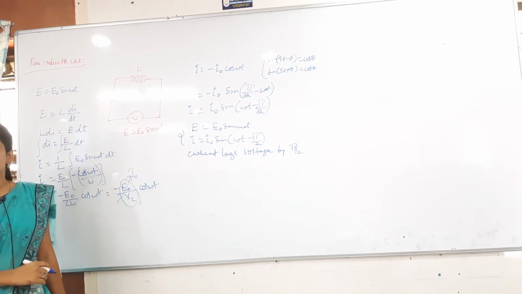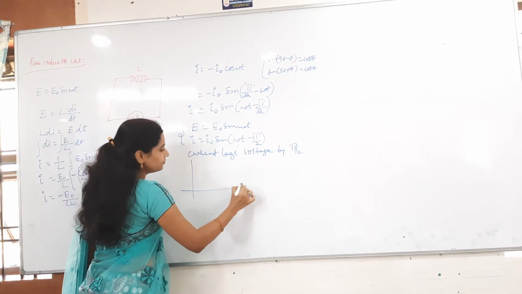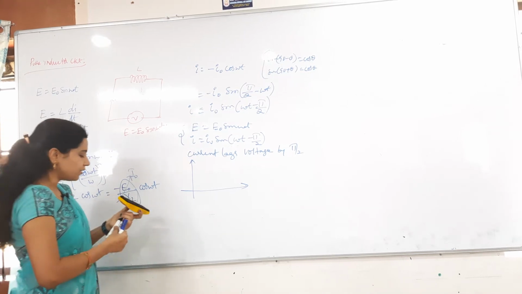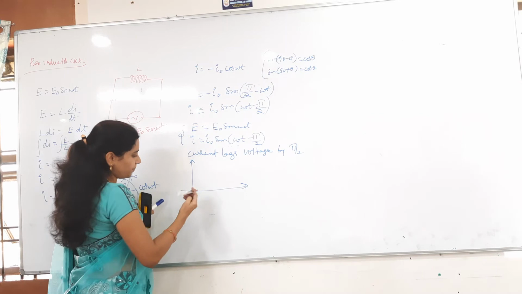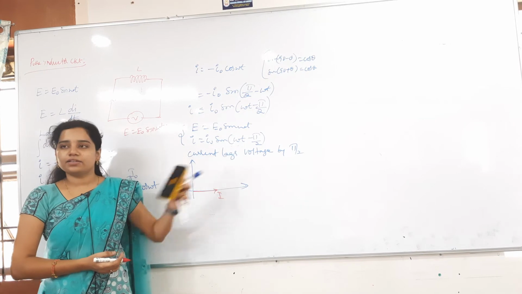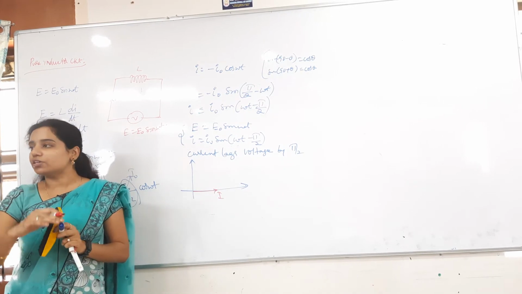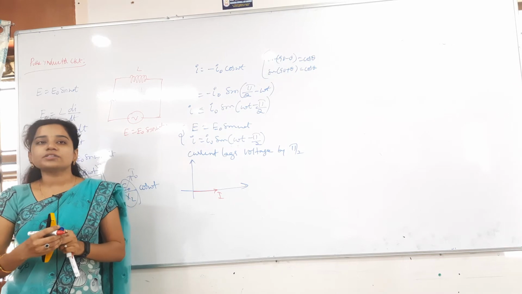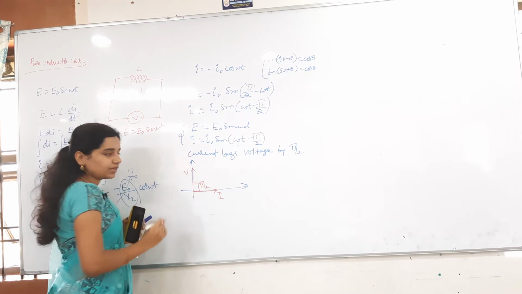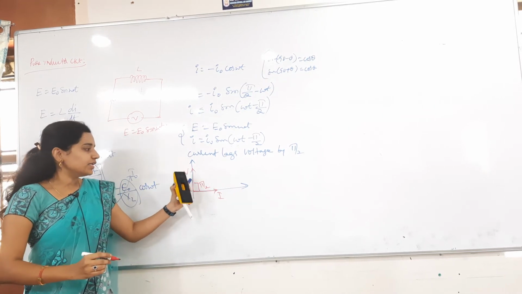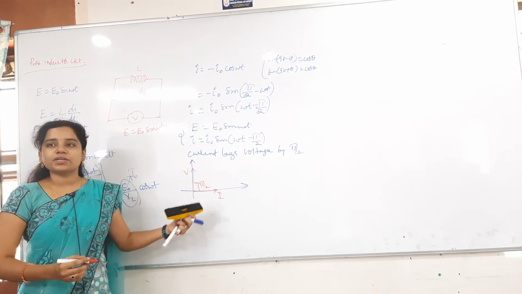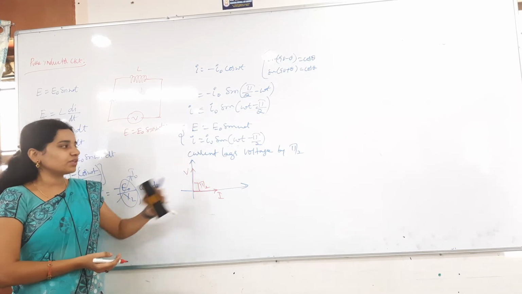Now you have to draw the phasor diagram. For drawing the phasor diagram, what do we always take along the x-axis? Current. So current along the x-axis, I. Then what am I saying here? Current is lagging, so current should be below the voltage. Where will you get the voltage? Along the positive y-axis, obviously. See, voltage is here and the angle is 90 degrees. So voltage is leading the current by 90 degrees, otherwise current is lagging the voltage by 90 degrees. Everything is the same. This is the phasor diagram we got.